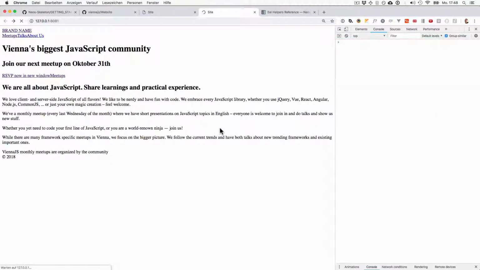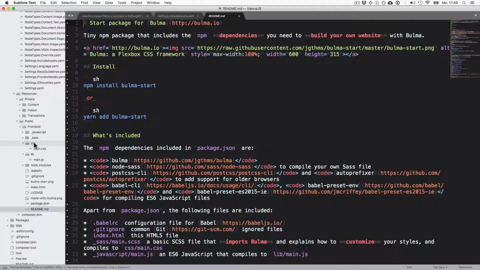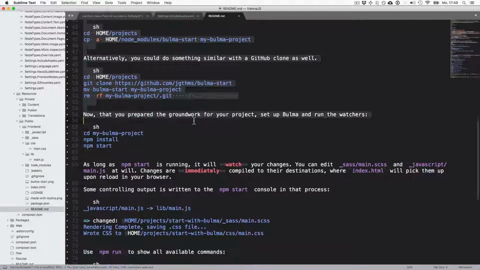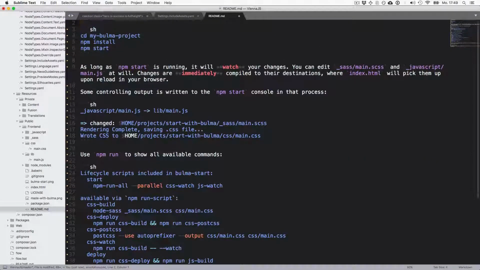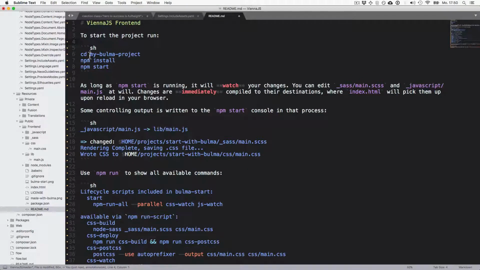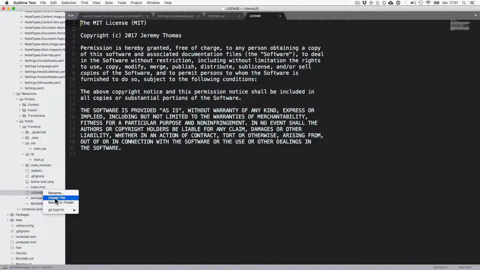Let's open it again. Voila, and we see that Bulma runs here, and you can see on styles that something changed. So to wrap this up, let's go into the folder here, and in the README, we call this our Vienna.js frontend. Remove all the Bulma stuff, which is not important for us, and instead just keep that. To start the project run. So let's get rid of these things we don't need anymore